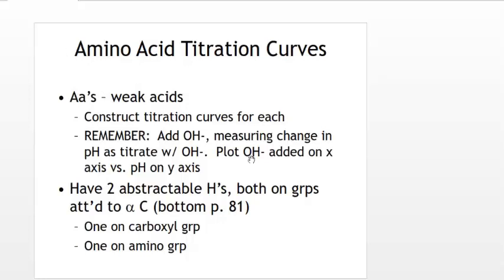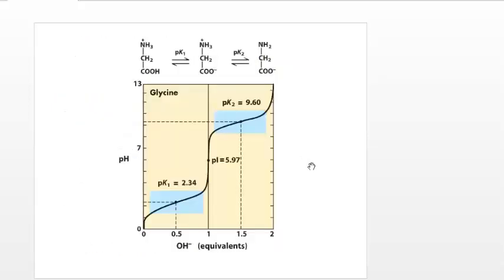So what you can do, you can add the hydroxyl group for amino acid and you can see the change in pH, and you can plot hydroxyl added on the x-axis and pH on y-axis. I can show you the diagram. Right? Now you can see this is the titration curve of amino acid glycine. ये बड़ा पूछा जाता है एग्जाम में, ठीक है।